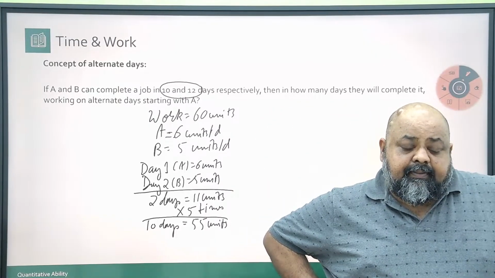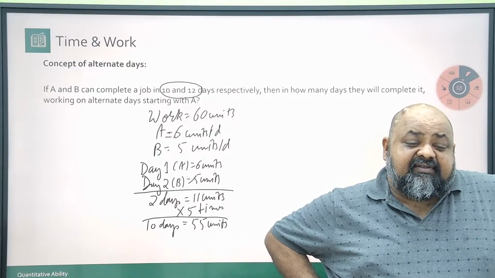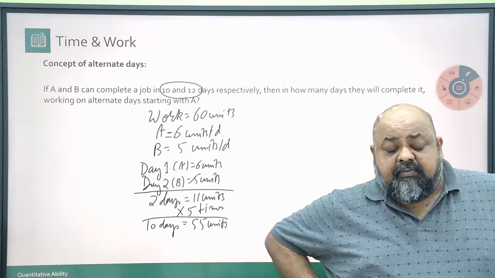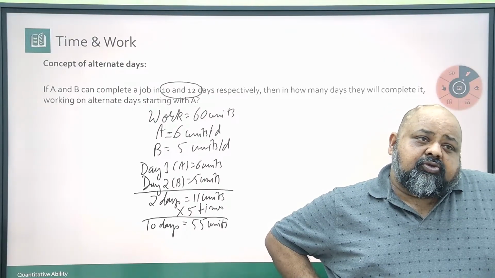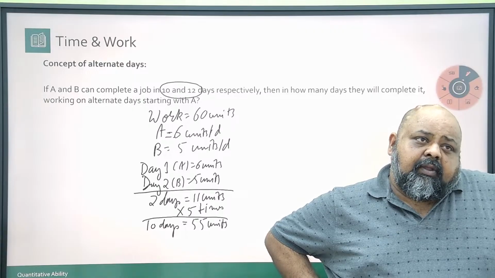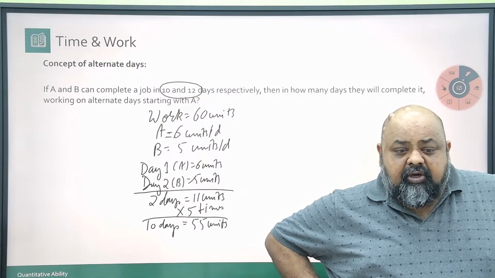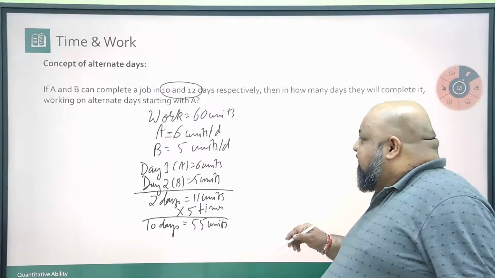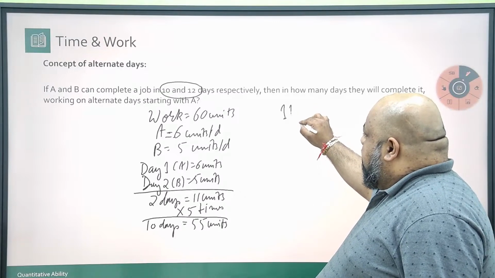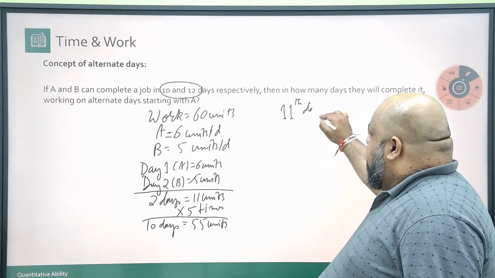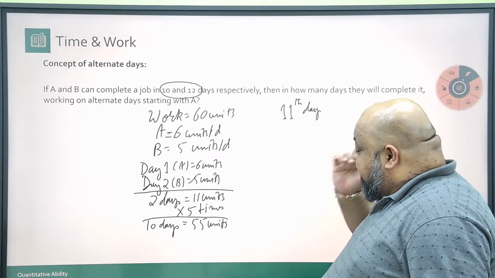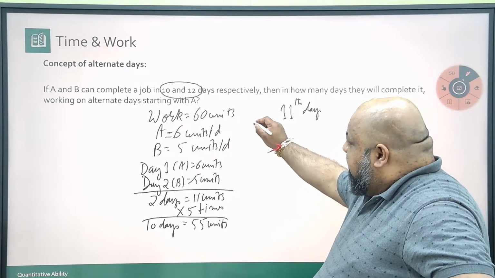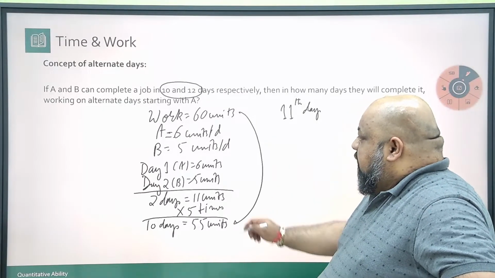Right? Now on the next day, that is the 11th day, who is supposed to work? Because A started working, on the 11th day also A will come to work. A is working on odd days. So on the 11th day, A comes to work. यार अगर अब इसमें मैं देखूंगा तो वर्क जो रिमेनिंग है वो तो 5 यूनिट्स है, पर A तो 6